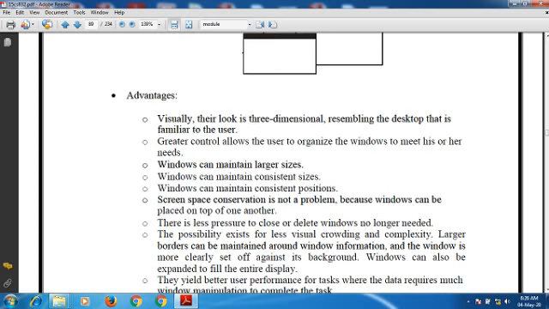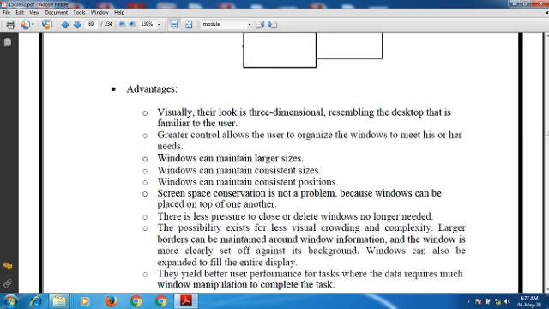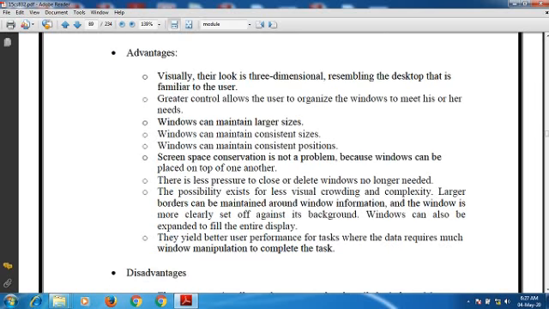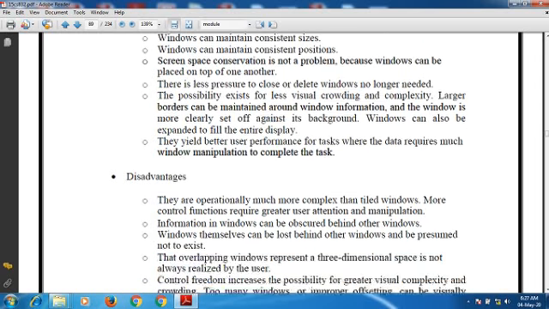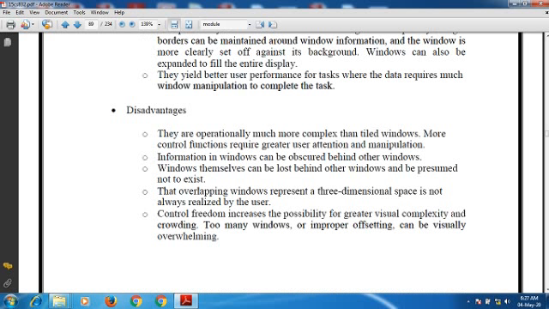Larger borders can be maintained around the window information, and the window is more clearly set off against its background. A window can also be expanded to fill the entire display. They yield better user performance for a task where the data requires much window manipulation to complete the task.